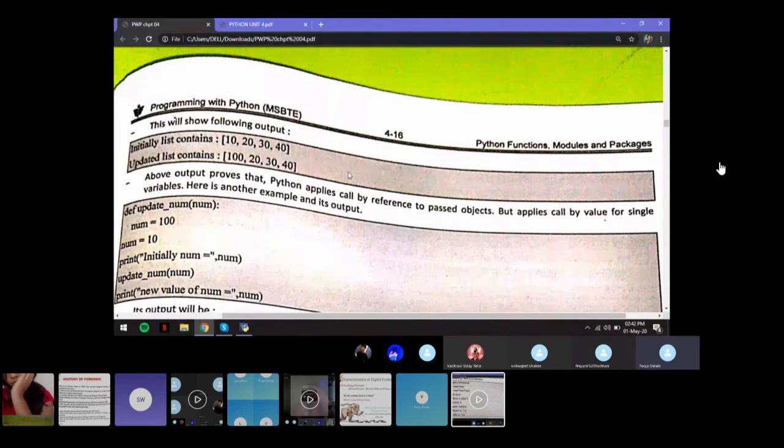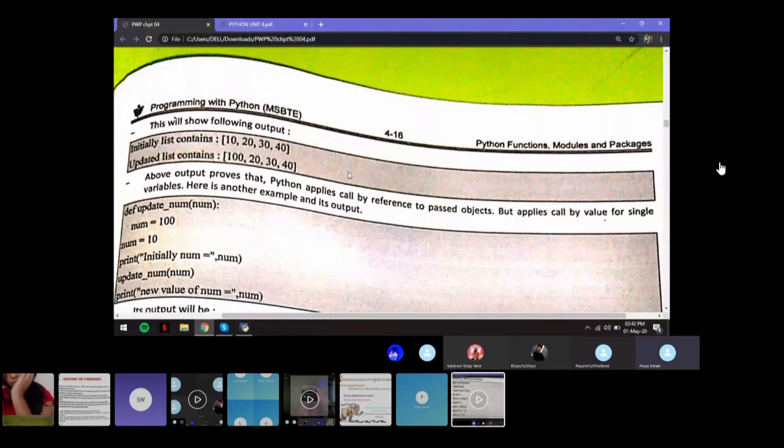So your updates will get reflected directly in your variable, right? But when you're passing a single variable, for example in the second example with only a single integer value for num, it will automatically apply call by value and only pass a copy of your variable. So your actual variable value will not get changed. Right?